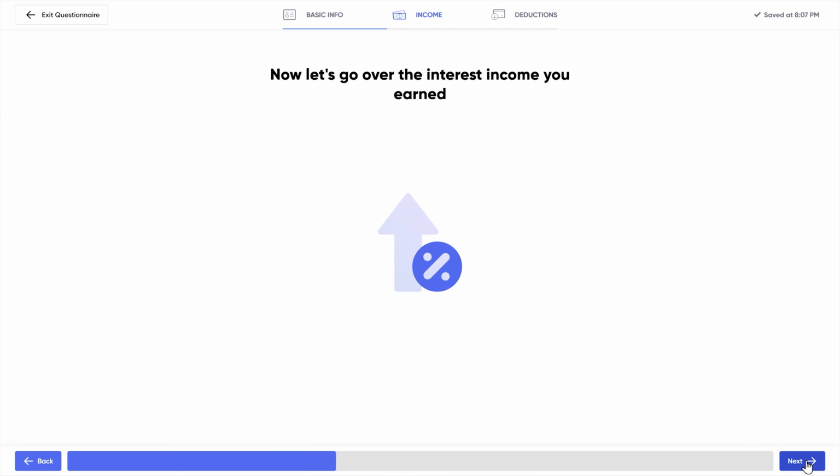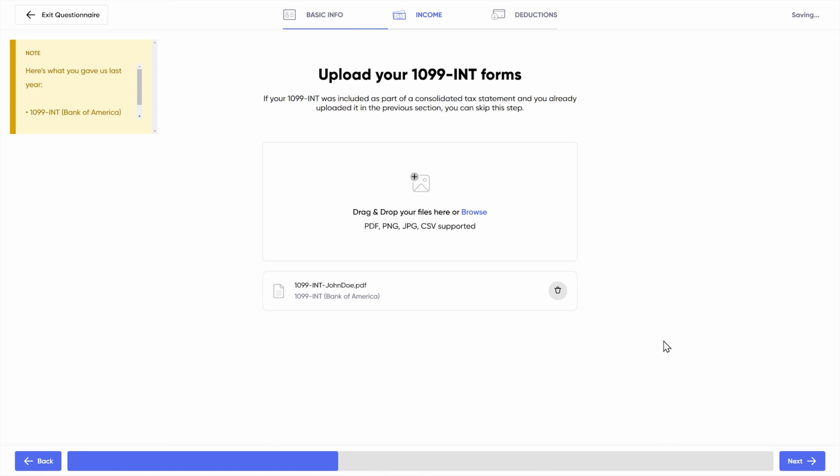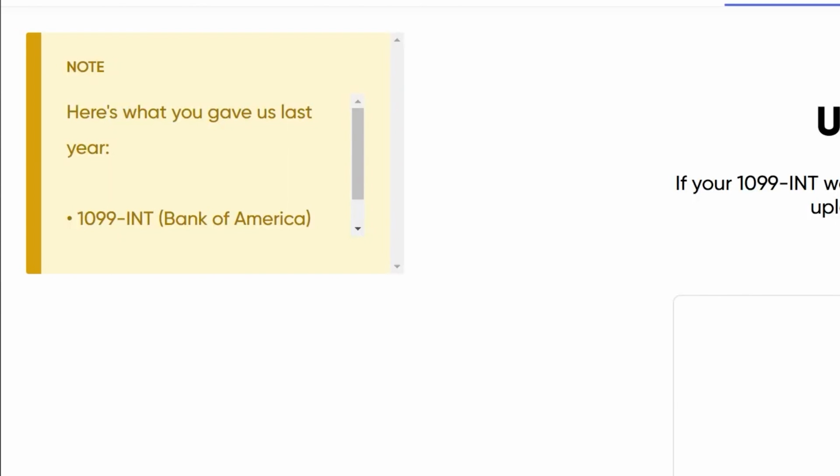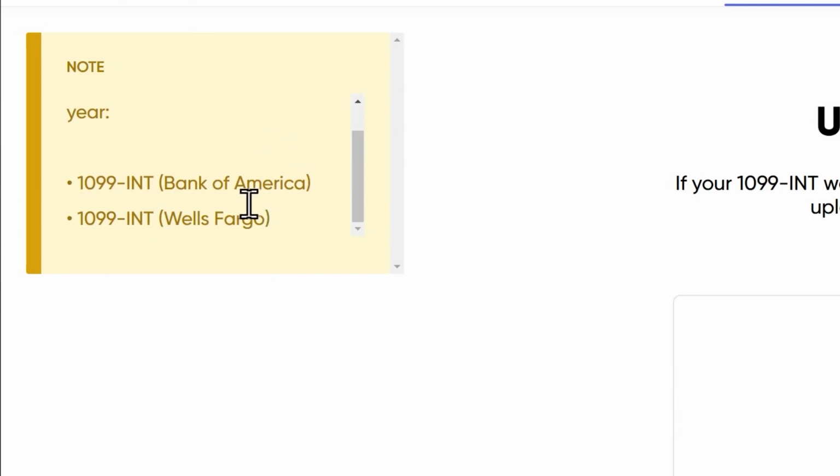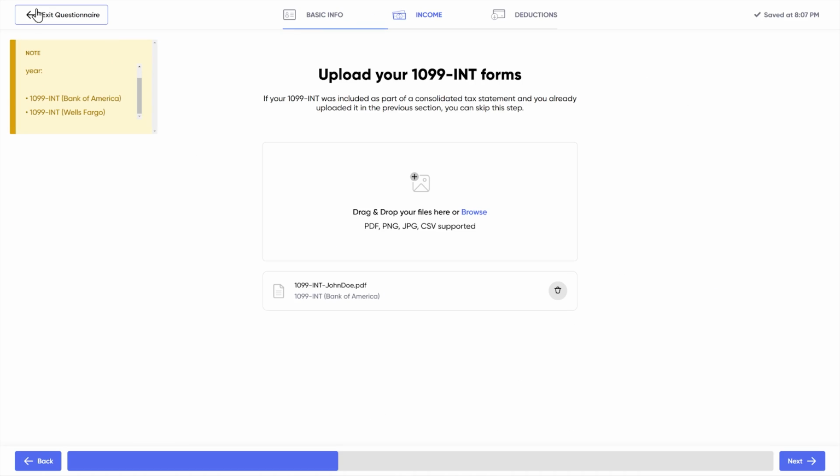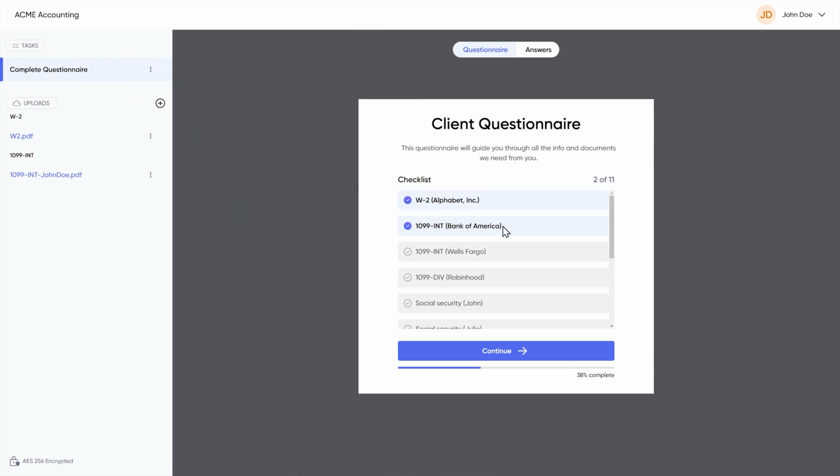thing with 1099, brr. And if you notice in the sticky note here, it's got 2 lines for 1099 items, Bank of America and Wells Fargo. If we hop back to that questionnaire, you'll notice it is smart. So I just put the Bank of America 1099 in there and it automatically ticked off that